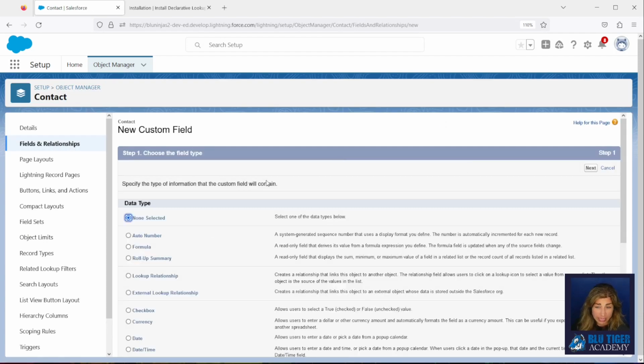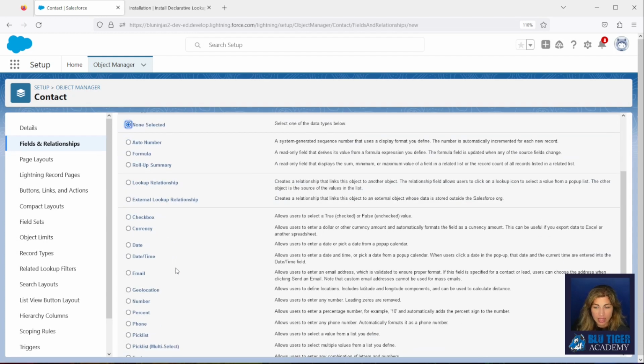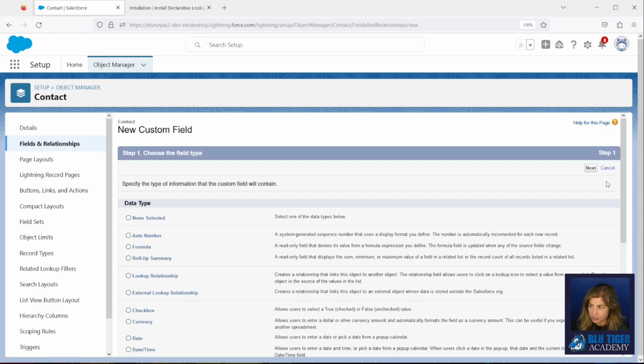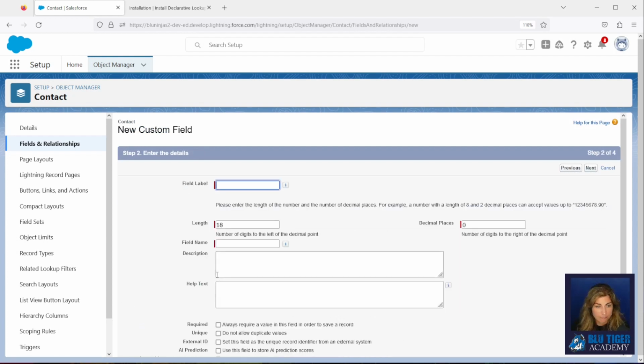I'm going to create a new field, and this is going to be a number field. I'm going to call it number closed won ops, and you'll want to give it a description. So this is the number of closed won ops this contact is related to via the opportunity contact role.